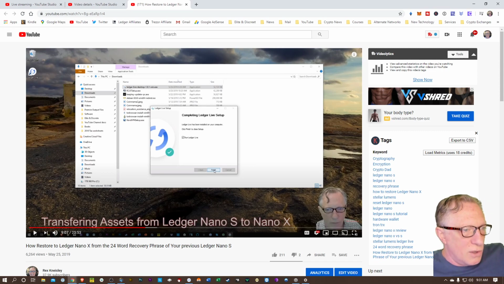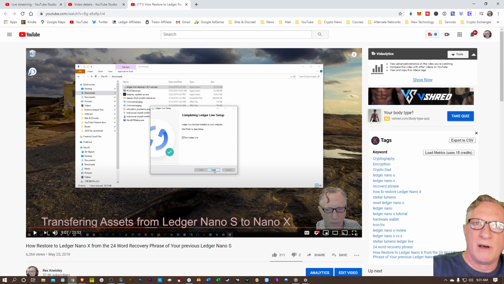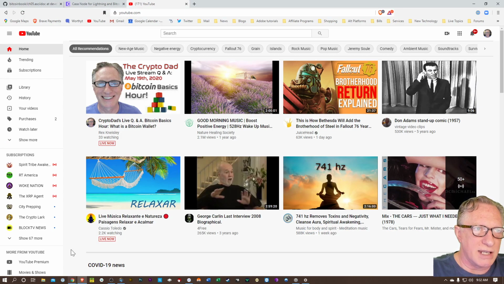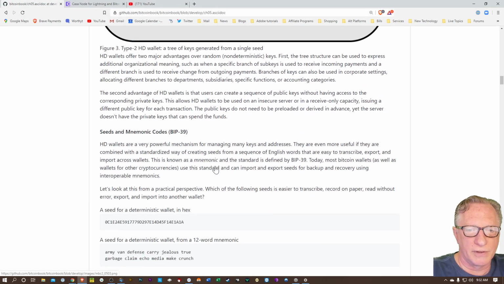Yeah, so there's a whole rabbit hole of management and storage for your 24-word recovery phrase because it is the key to your wallet, right? It is literally part of the key to your wallet. So if we go down a little further here,